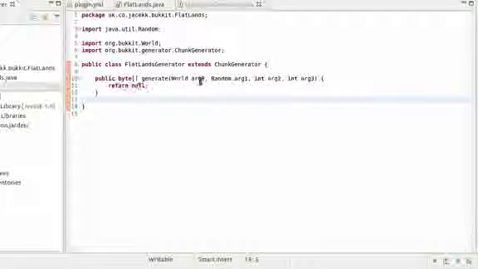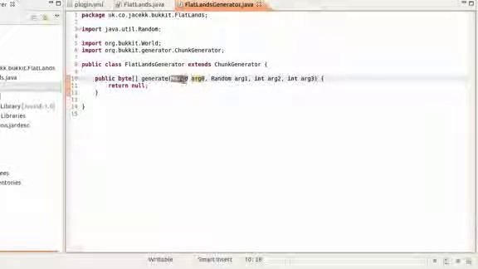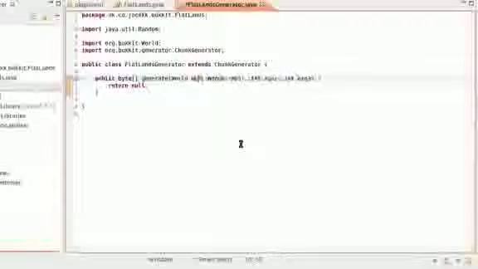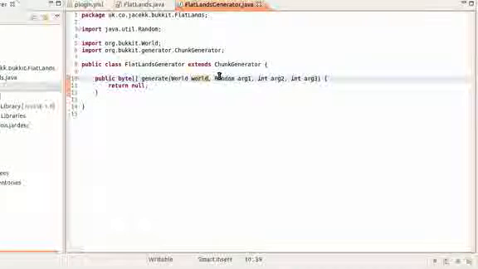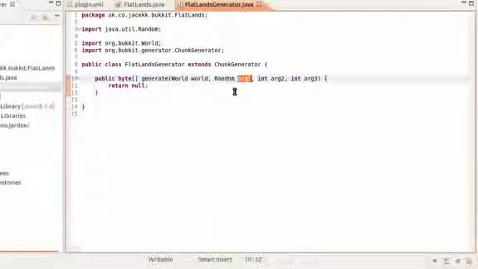The first parameter is obviously the world, because its type is World. So the world. This random is just the instance of the random number generator based on the world's seed, I think. So we can use that to generate random numbers if we want to randomize anything, like hill height or anything like that. Width of river, could be literally anything. So we're going to rename arg1 to rand,